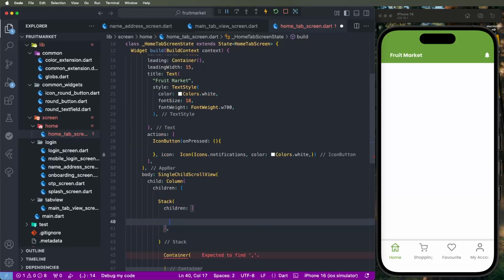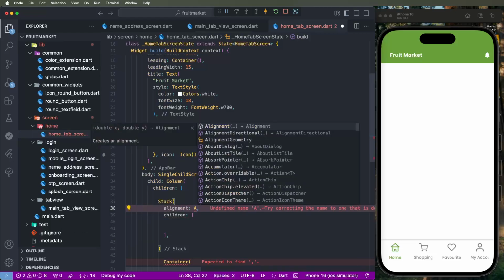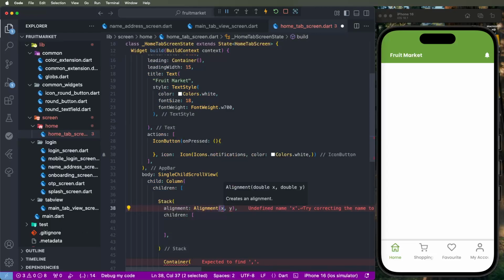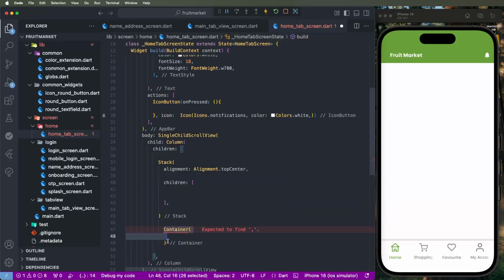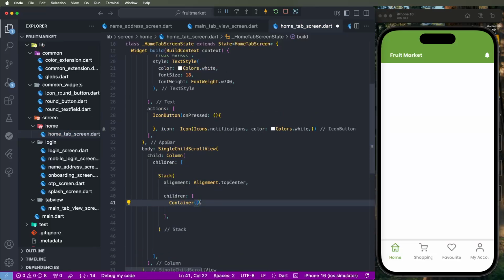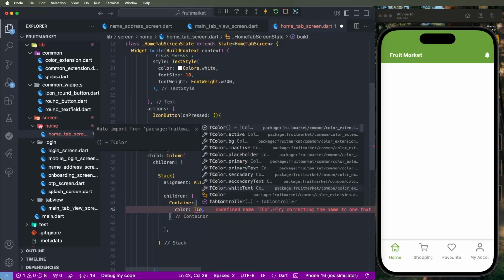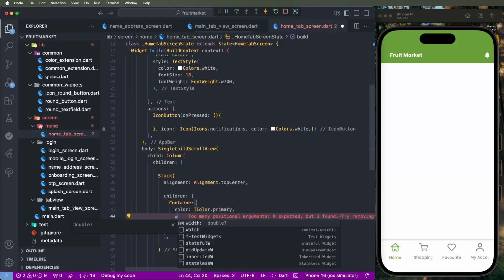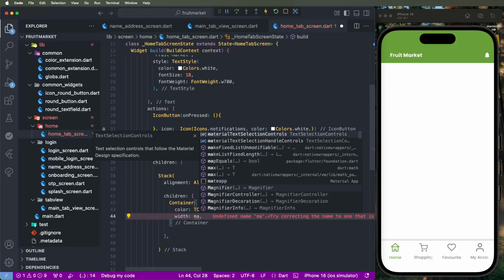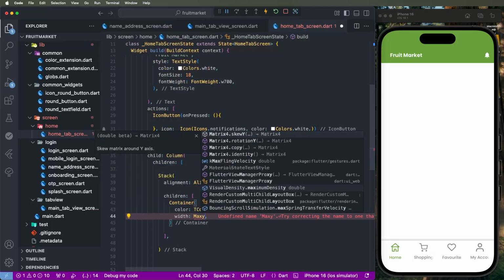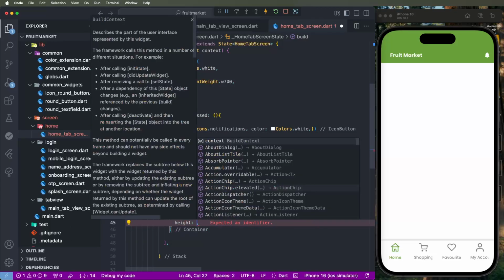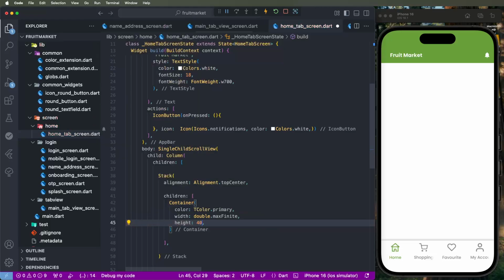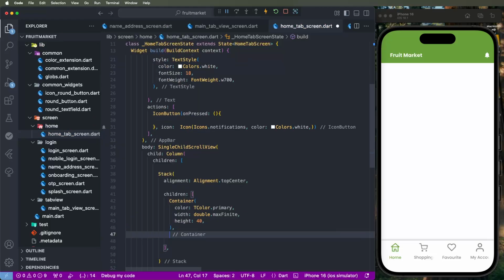like here, the children, and set the alignment, Alignment.topCenter like here, and we need to set the container here, and we need to set the color, theme primary color, and we need to give the width double max, and we need to give the height. We need to set 40,